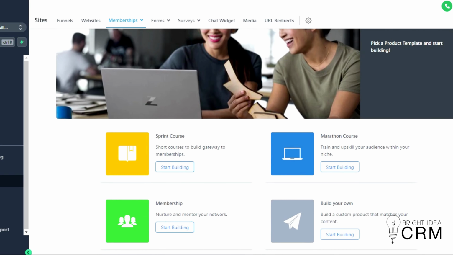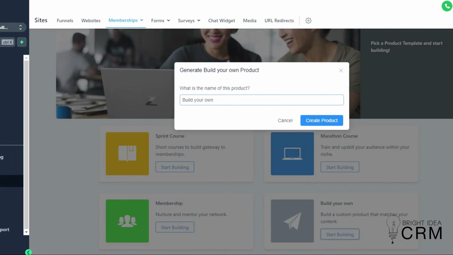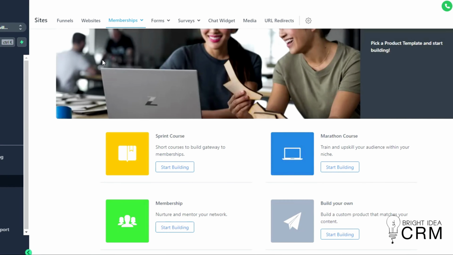You're going to notice you have a couple of different options down here. Some of these are just sort of pre-set up for you to give you a product template to start building. In our case, we're just going to do a build our own, but you can certainly click through these and kind of test and see which one is going to be a good fit for you. So we're going to start with building our own. And the first thing you're going to want to do is give it a name. So you can do something like our membership, or if you get a specific product name, you can add it there. Once you've got that created, click Create Product, and it's going to go ahead and set up the membership